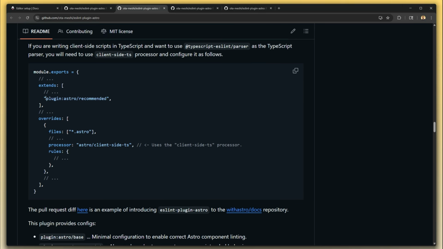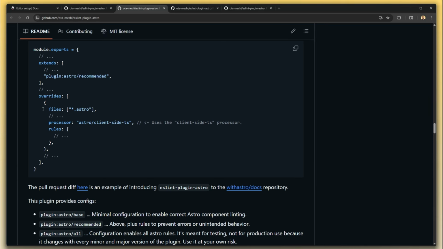We want to add in this here, the module.exports, that's the old school formatting. So we'll need to merge this into our new format. But ultimately, here we can add files and the processor of astro/client-side-ts. So this is their main callout. We want to use this. And then that'll be testing out our TypeScript files. So let's copy this little section here